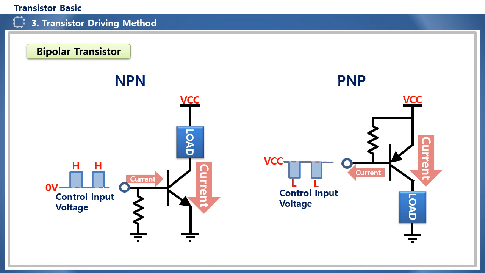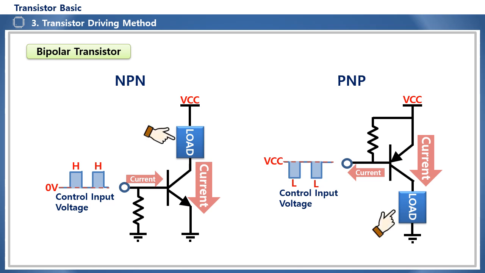Here, it should be noted that the PNP must have the same control voltage level and VCC power supply voltage. For example, if VCC is 5 volts, the control voltage must also be 5-volt logic. If VCC is 12 volts and the control voltage is 5 volts, the control voltage will always be on whether it is low or high, and control will not be possible. In this case, an additional circuit is required. NPN does not have such special restrictions, but the base control current amount requires tuning in the circuit.